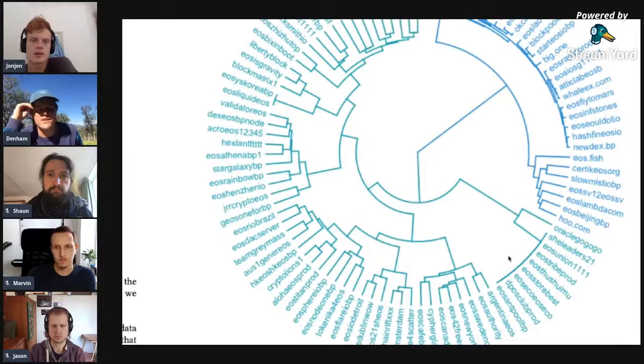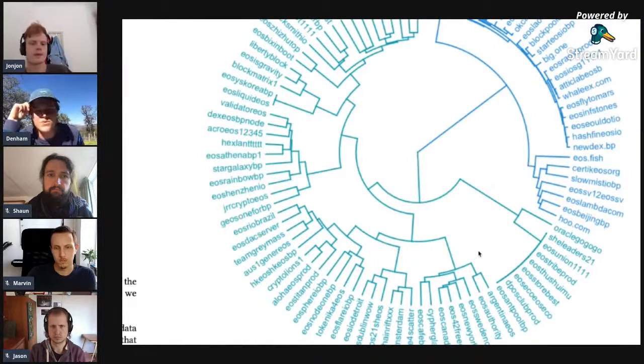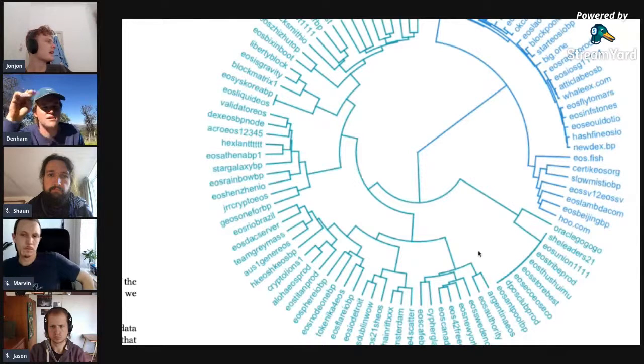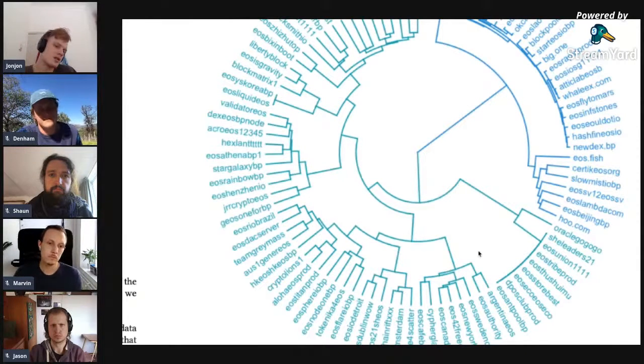Sorry to interrupt. These exchanges that are very close to each other, essentially we're saying this data is saying that they're colluding together and voting for each other. Yeah, it's inconclusive. We can't prove it, but it's saying these exchanges are all receiving the exact same votes. Like, how can it be out of chance that of the top 200 voters, they receive votes only from 38 voters, and they're from the exact same 38 voters? It doesn't feel like a democratic process.